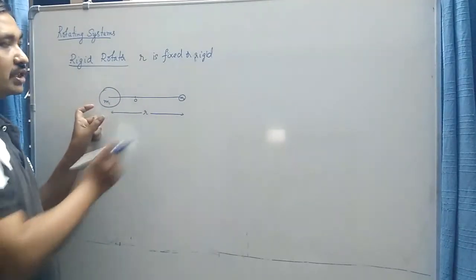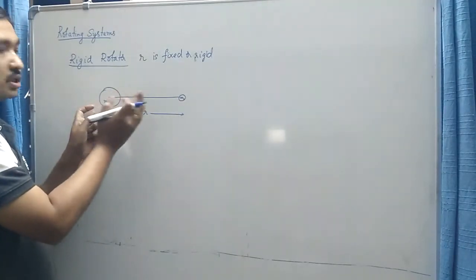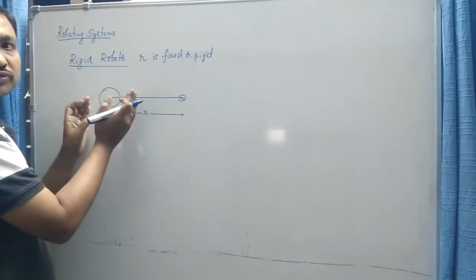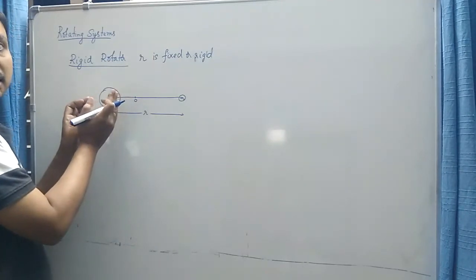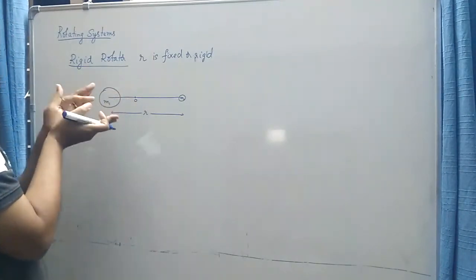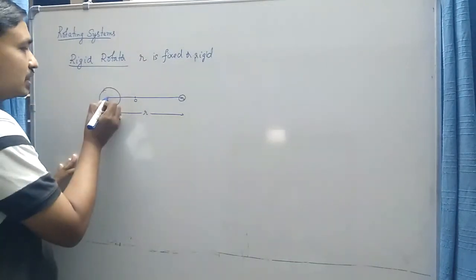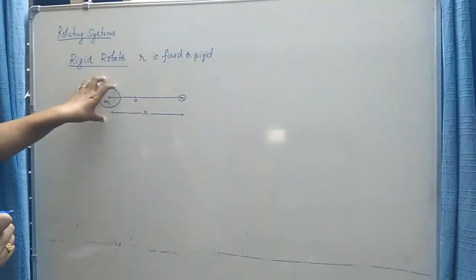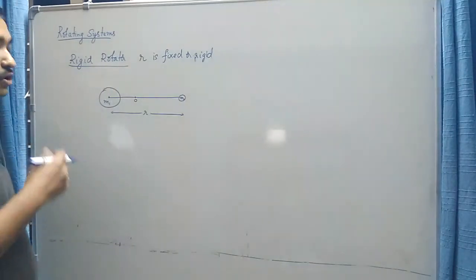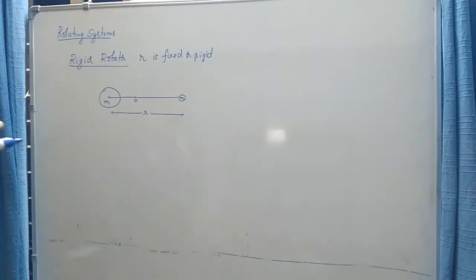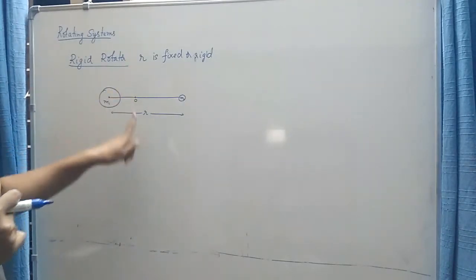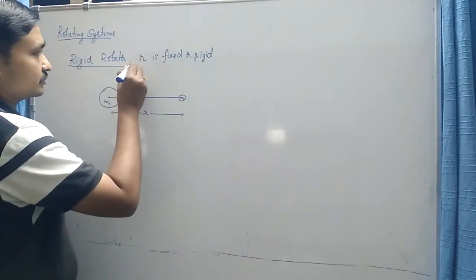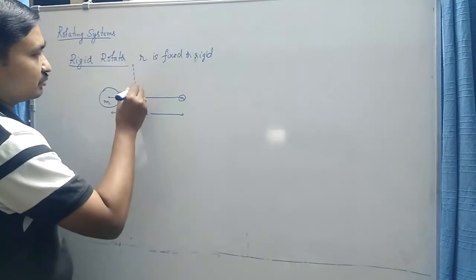But since here m1 is greater than m2, the center of mass is close to the heavier mass. And as I increase the mass m1, the center of mass will move closer and closer to this heavier particle. And if this m1 becomes infinite, then the center of mass would be located exactly at the center of this particle m1. So as I already told you, when such a particle is rotating, it is rotating about this balancing point, which is nothing but the center of mass. So let us draw an imaginary axis passing through the center of mass.